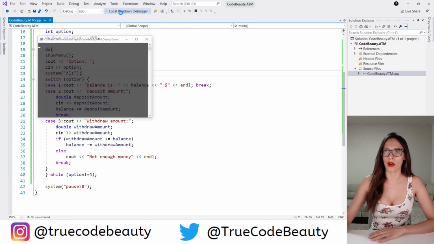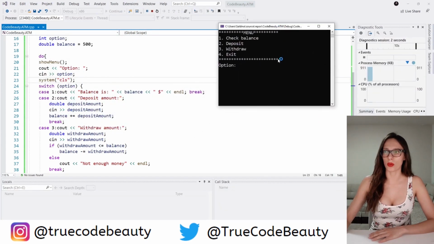So if I run my program again, as you can see, again, we have this menu, and then it asks us for the option. So let's say that I want to check my balance. It says that my balance is $500. Now let's try to withdraw money. Let's say that I want to withdraw money, and I want to